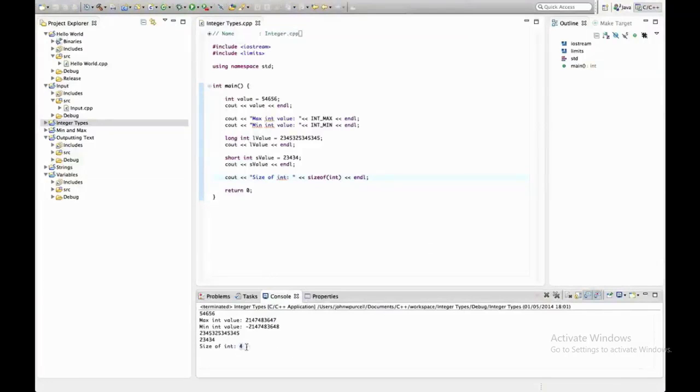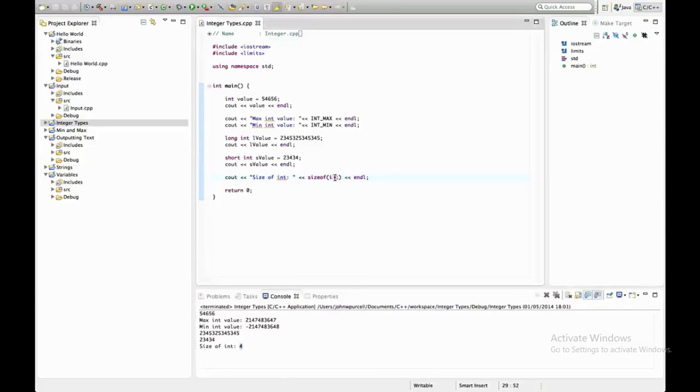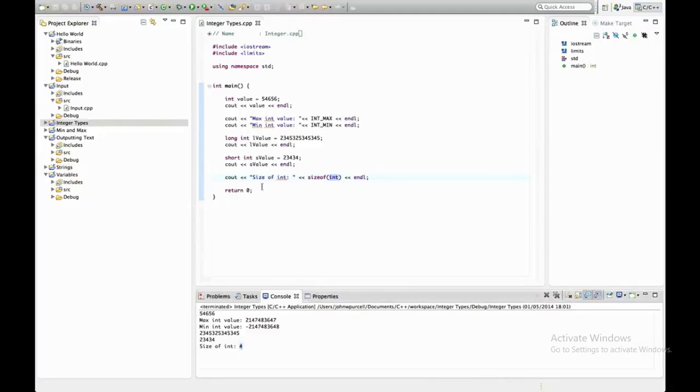What's that for? Well, it's 4 bytes, or in other words, it's 4 times 8 bits, which of course is 32 bits. So the maximum value you can fit in an int is going to be roughly, not quite exactly for reasons that we will get into, 2 to the power of 32. It's going to be in that region. Or actually a little bit less than that, probably. Okay, so probably half as much as that, come to think of it, because basically we need 1 bit to represent whether it's signed or unsigned, negative or positive, but we will talk about that more in the future. So basically, there's 4 bytes allocated here for an integer,